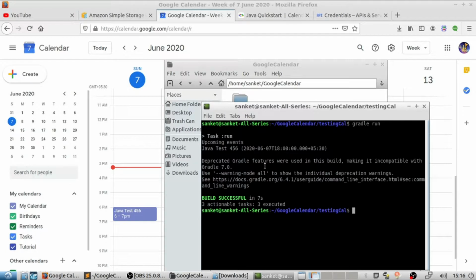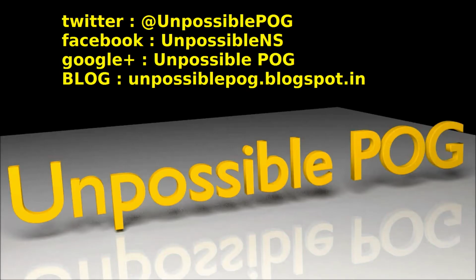In next tutorial I shall show you how to get all events and display them on browser using JSP framework through Gradle. The required links are